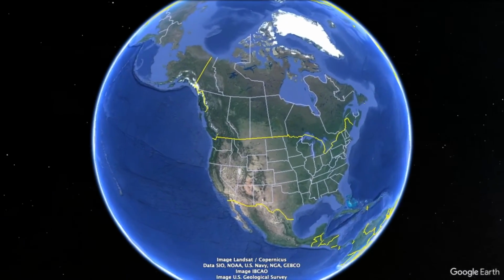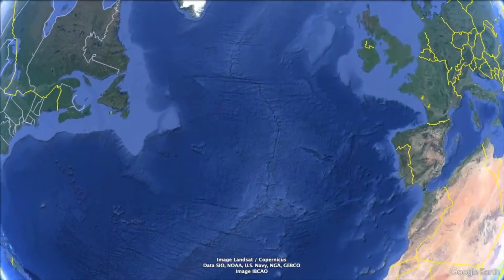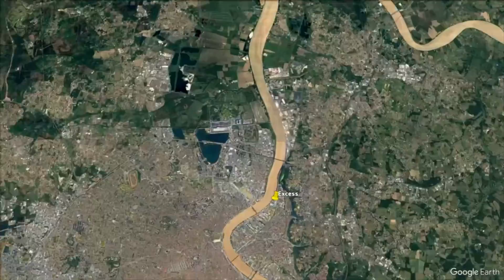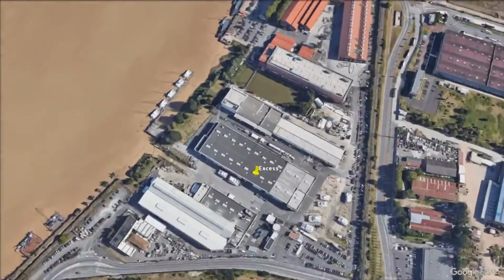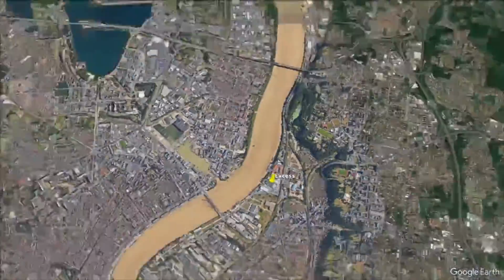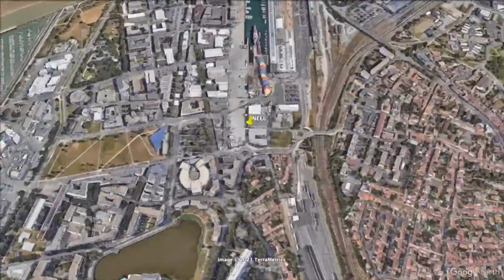Starting high above Vancouver, Canada, we fly east across North America and across the Atlantic to the northwestern shores of France and the home of last time's yacht at the Lagoon XS yards where the new 11 is built. From here we fly north to the port of La Rochelle and the NEEL Trimaran factory, the birthplace of the